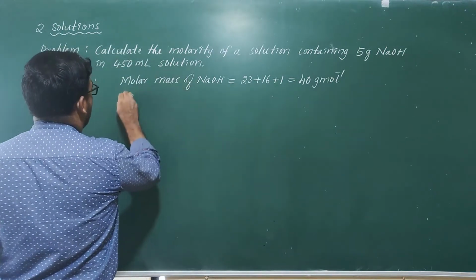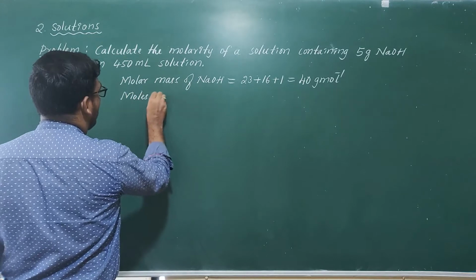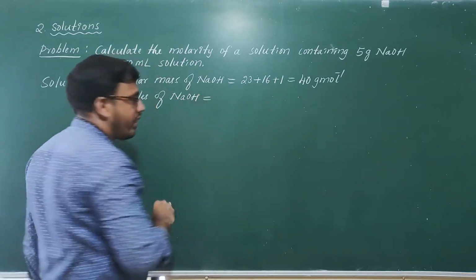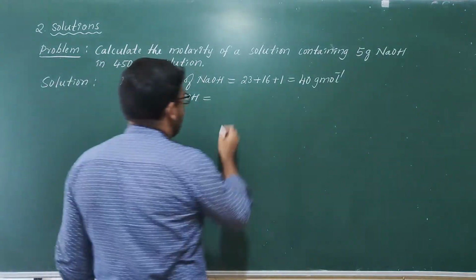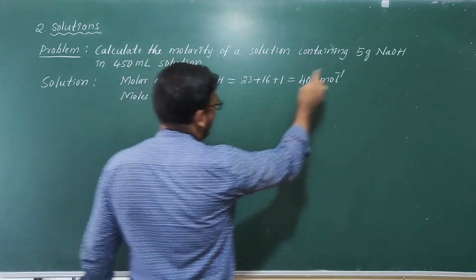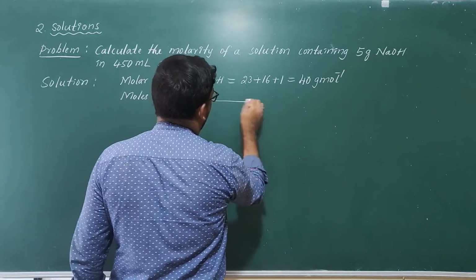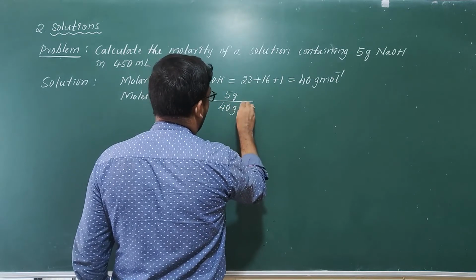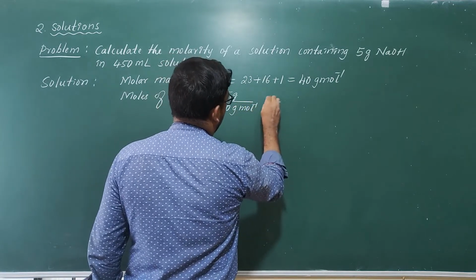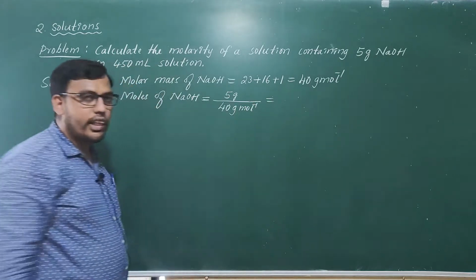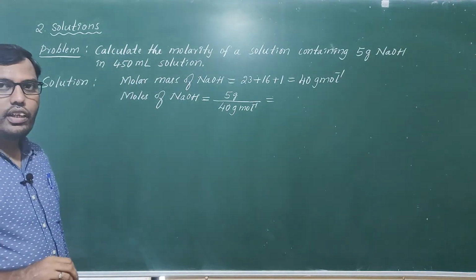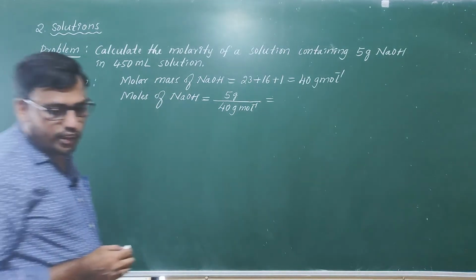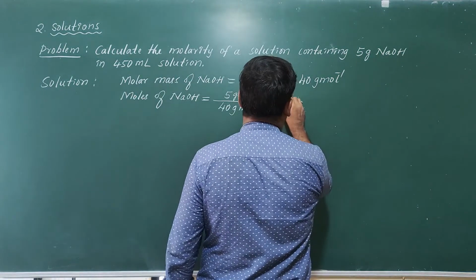Now I can calculate moles of NaOH. That is our numerator. Moles of NaOH is equal to mass divided by molar mass. So what is mass given? See here, 5 gram, that is the mass. So 5 gram divided by 40 gram per mole. This is the number of moles of solute, number of moles of NaOH, because NaOH is solute here. So that is equal to 0.125